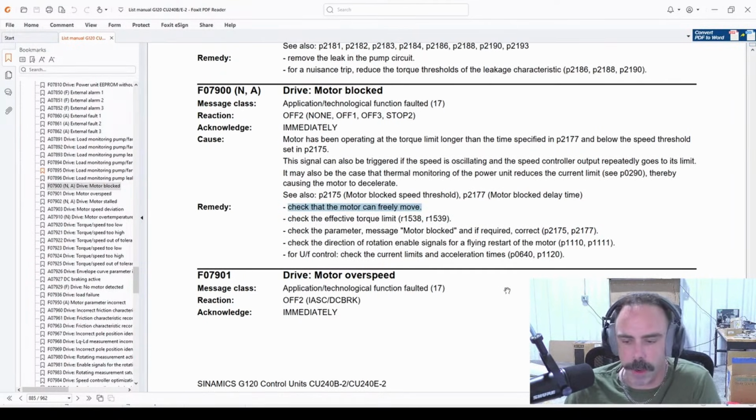And the problem is that when you are starting up a motor and commissioning it, you'll get this not because the physical motor can't turn, but